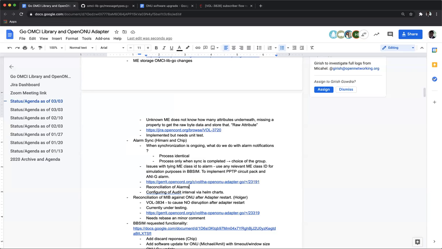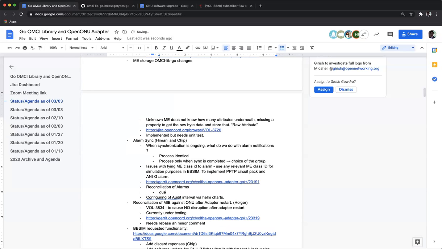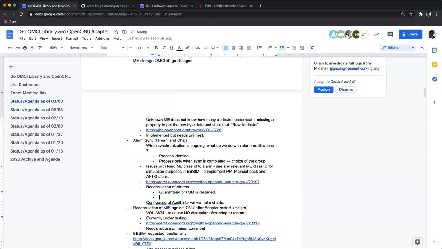At least it has to be guaranteed that the state machine will be restarted in every case. Also in this reconciling case, where we do not go through the whole chain of startup, we have a separate routine which is coordinating calling of these reconcile functionalities in the device handler.